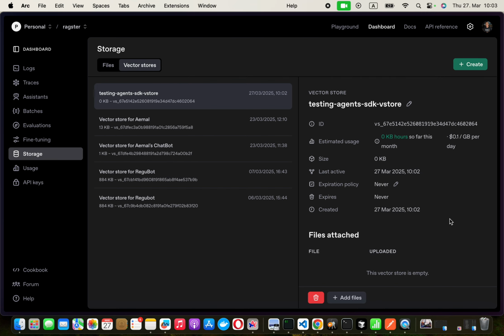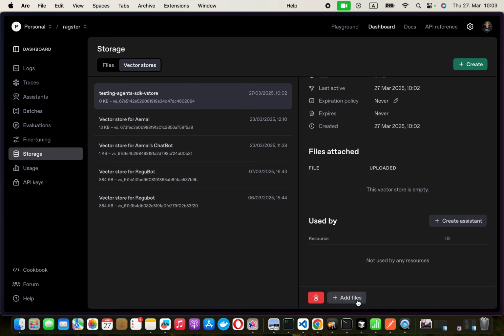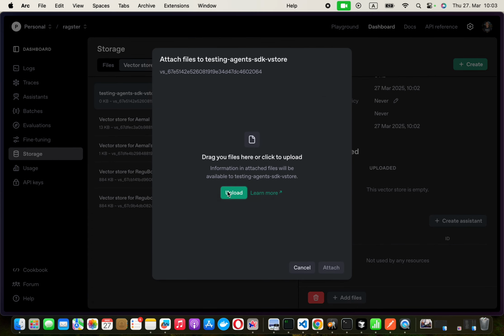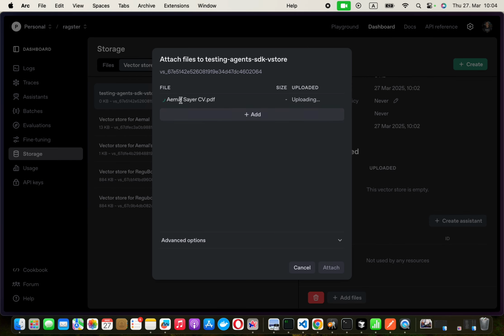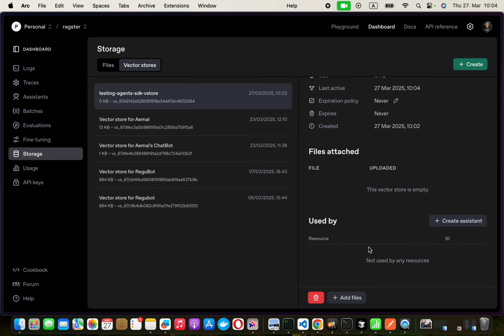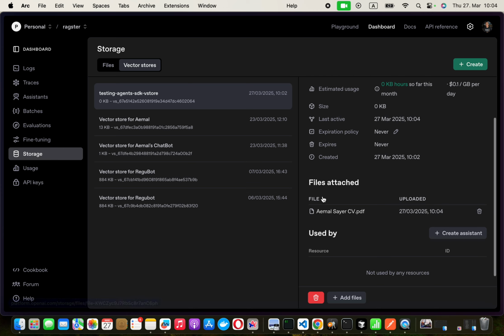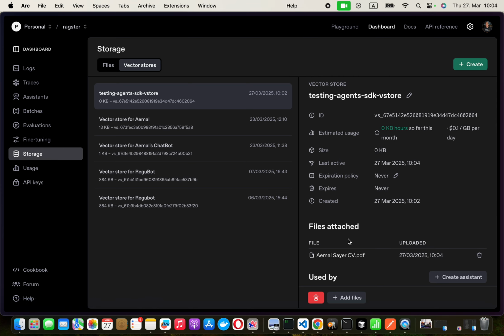I know how RAGs work. I know how to make a RAG pipeline with LangChain and so on. But the moment I open this, I think I should be able to put one of the files here. From the APIs I know, but let's do that one more time here. So the moment I add this, it is indexing it under the hood, uploading it on the storage, and attaching here, but a vector base. Under the hood, it's using a vector database. And now if I take this vector store ID,